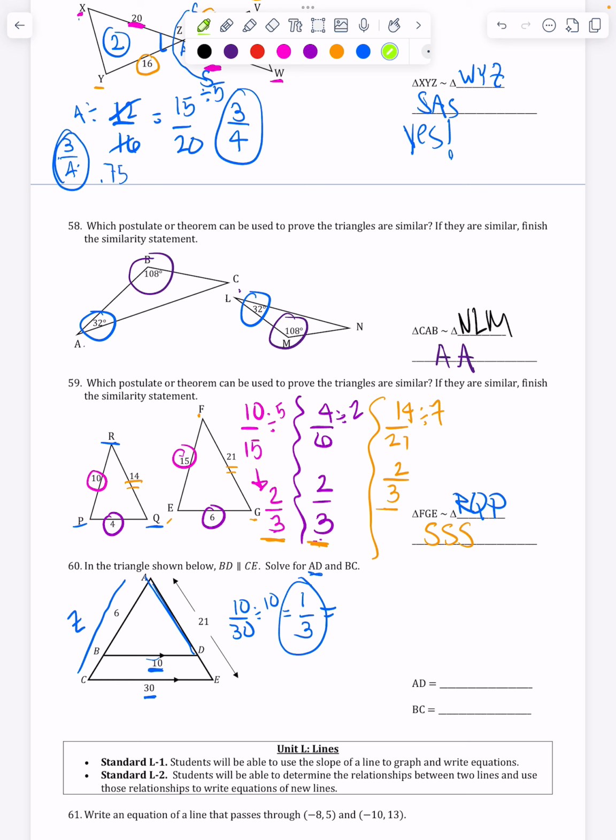Okay, so the 10 represented this triangle, right? So right here, that's the 1. And then the 30 represented this lower one. So I want to go from what I will call my green triangle to my pink triangle